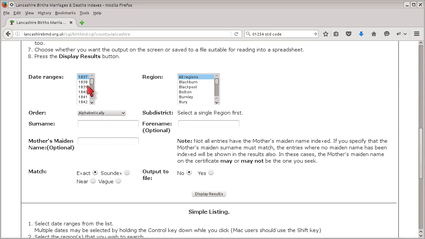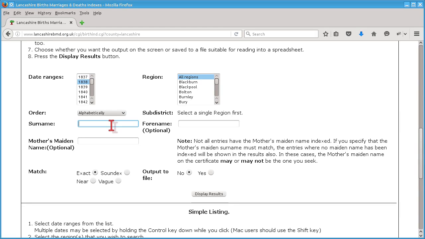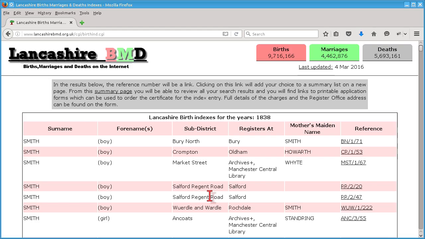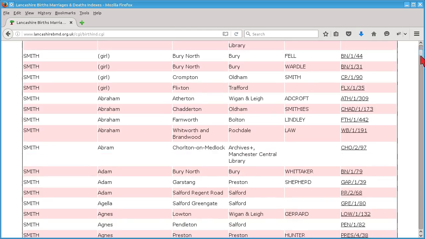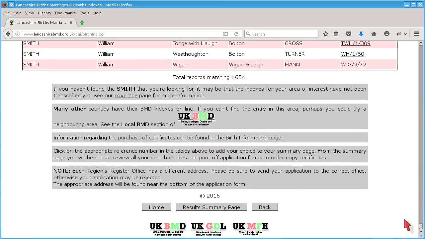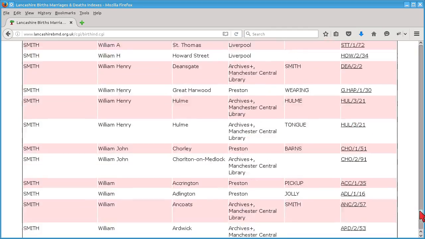And on this form I'm going to click 1838 and enter one of the more popular names, which usually produces good results. Not going to pick anything else, just going to click on display results now and see what comes out. On the right hand side, if I pick on the scroll bar, drag it quickly down to the bottom, we'll see here a count of 654 at the time of recording this tutorial. So there are 654 Smith names in the database for Lancashire BMD in the year 1838. Scrolling back quickly to the top,